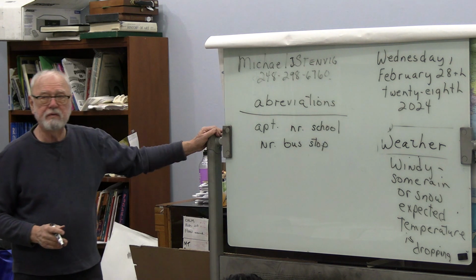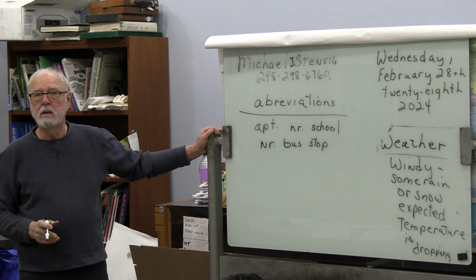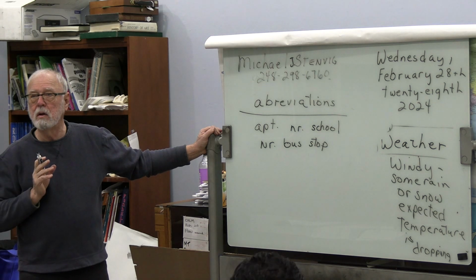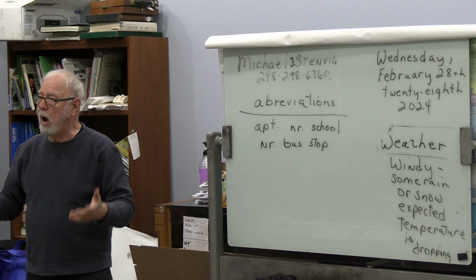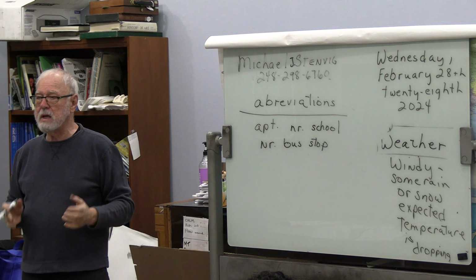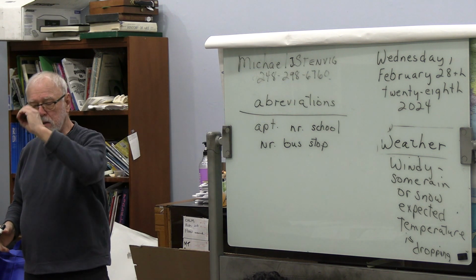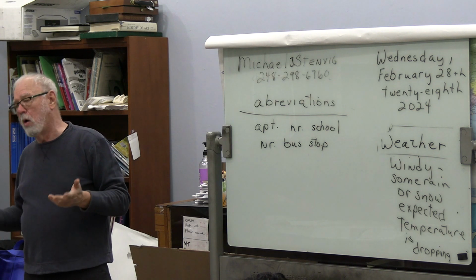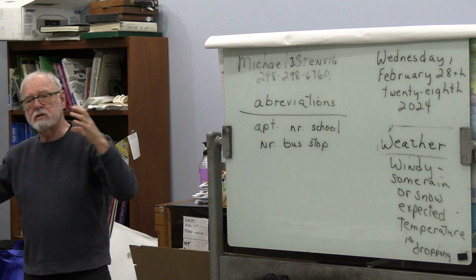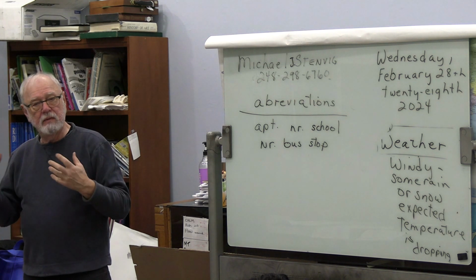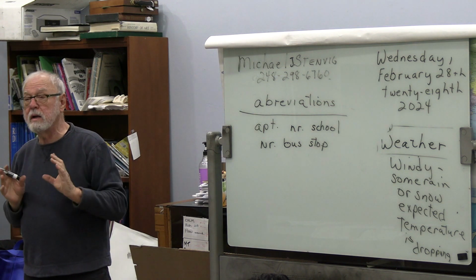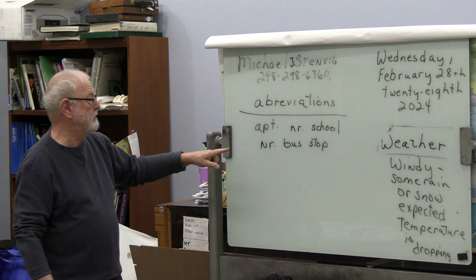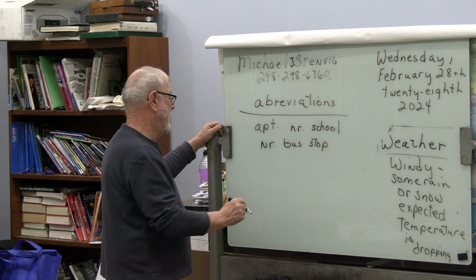When you have these abbreviations, you have to sometimes think about it. There's no rule, there's no law. The government didn't say there is one abbreviation for each of these words. No. People do it to shorten the space, that's it. And they want it to be understood. So if you had an apartment, and it said,